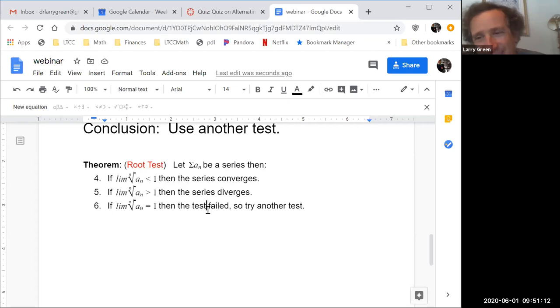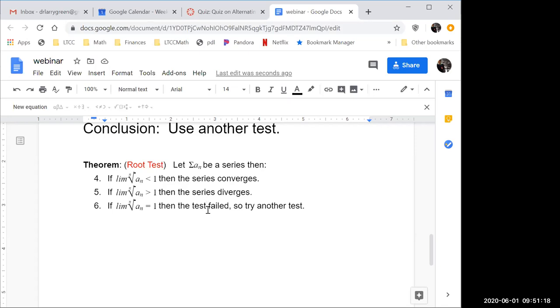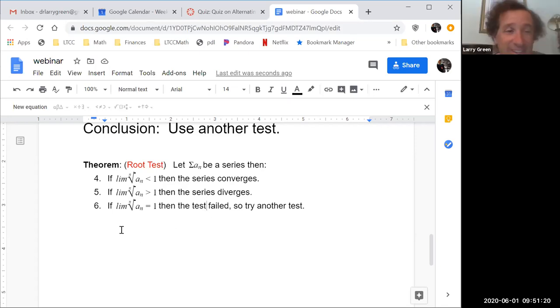When there's roots, good try. There's a hint. What do roots cancel? Powers. Okay, so here's when you use it. It's obvious as soon as you think about it. So use the root test when a sub n